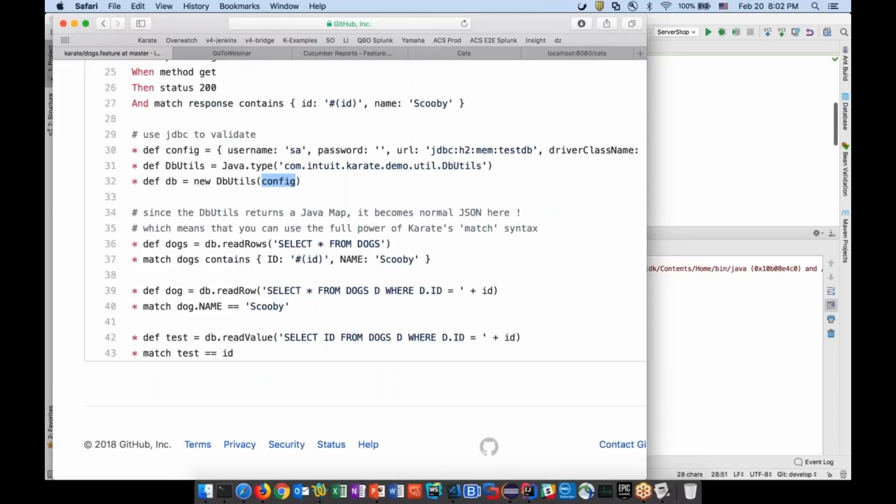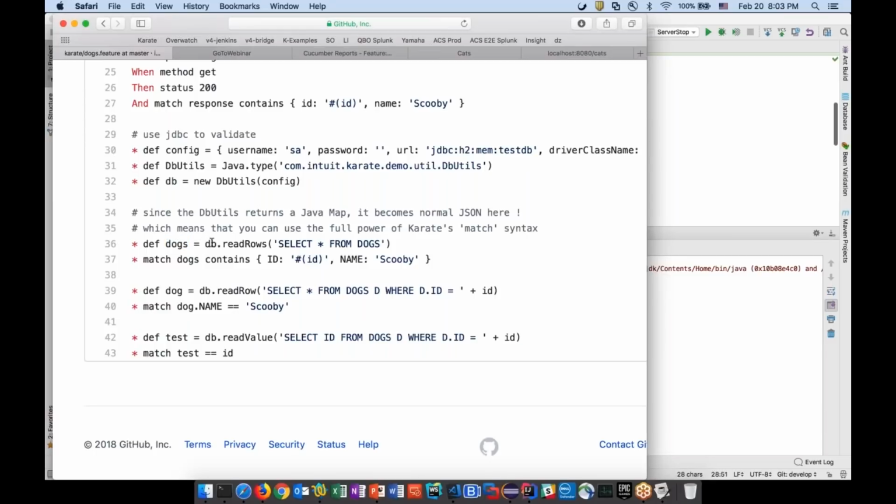But the best part is this: if you design your Java object to be able to return JSON as part of some method that you invoke, if you design your Java object to be able to return a hash map, for example, the great thing about Nashorn, which I talked about, which is this JavaScript engine behind the scenes, is that the moment a hash map comes back into Karate, it becomes JSON, right? And guess what? Karate is one of the best things out there that can handle JSON.